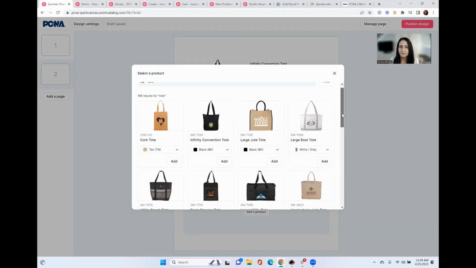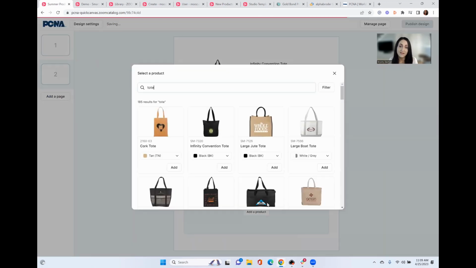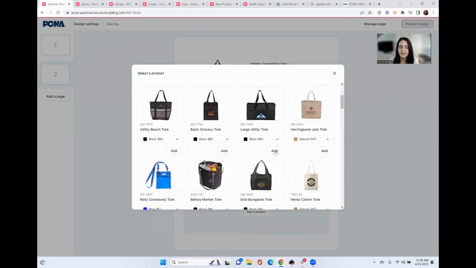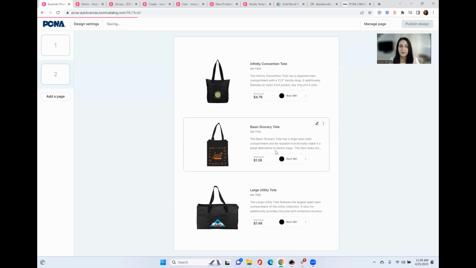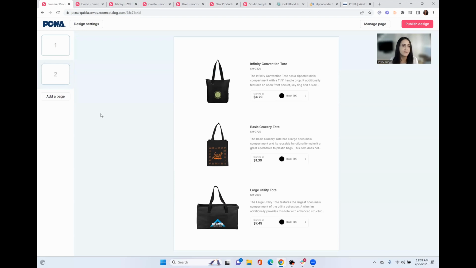By giving them this presentation that's laid out and looks really nice, you're increasing the chances that distributor is going to take that piece and then forward it on to their customer. So not only are you making product suggestions, but you're giving them something that they can use to sell and market your items. So now I have 2 pages with 2 different layouts,